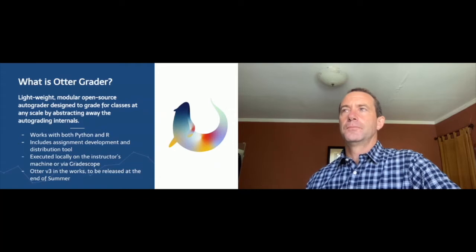So to start off with, the auto-grading solution that we've been developing for the last couple of years, and which is swiftly becoming the standard UC Berkeley autograder after OKPy, is Otter Grader. Otter started as an effort in fall of 2019 as a way to lower the barrier to entry for autograding for classes at different scales by allowing instructors to autograde assignments in a fully local manner.